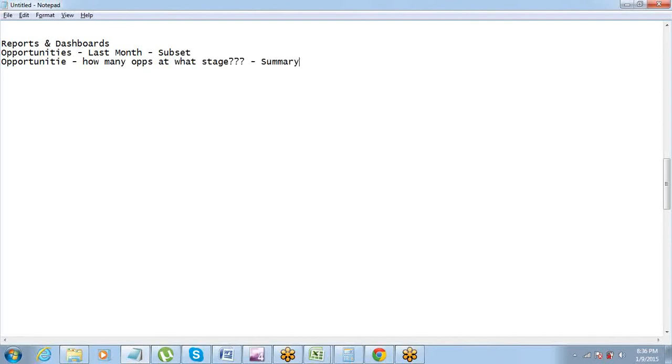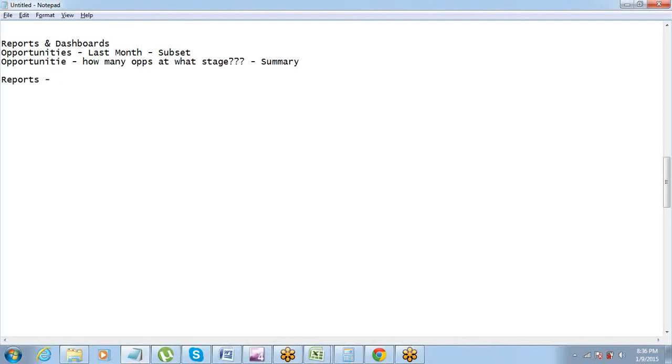You don't need the entire database, you just want to know how many opportunities I have at each stage, or the total worth of opportunities at a certain stage, or from a particular country. Since we are dealing with the data here in Salesforce, we are also required to work on reports, because a lot of reporting will be done using the database tables that we have already created on Salesforce.